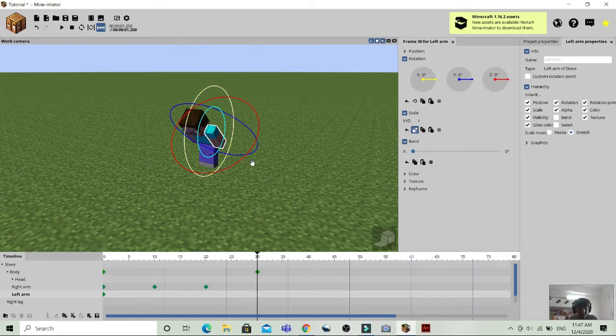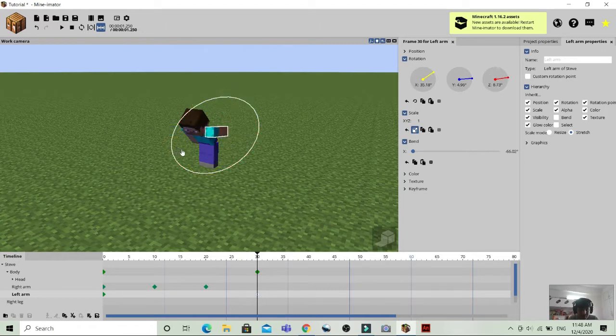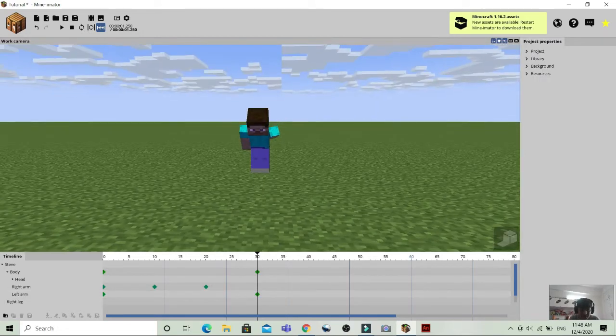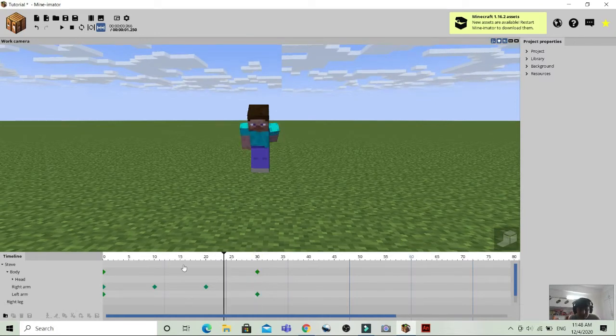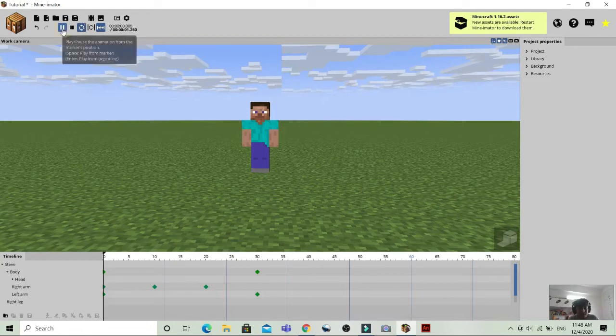So now I am going to make its hand go back a little, and then that side go a little bit bended, and that side. So it is a block, so we can see the full movement, but if it will work, then it's nice. Let's see, loop playback, and